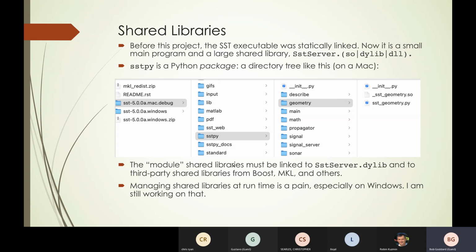But I studiously avoided shared libraries until this project, and statically linked the executable because I could, and it was far simpler to deal with. You can move the application from here to there, and it'll still work. So